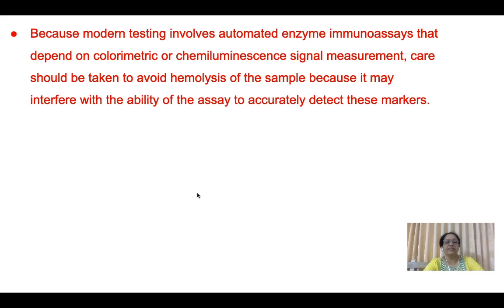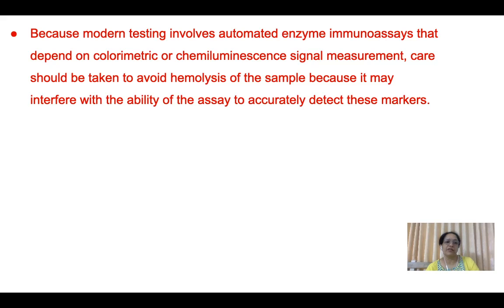As modern testing involves automated enzyme immunoassays, there is a need for good quality blood samples, that is, not hemolyzed ones, as there are colorimetric or chemiluminescence signal measurement techniques. Care should be taken to avoid hemolysis of the samples because it may interfere with the ability of the assay to accurately detect these markers. So here sample collection is important, as well as sample storage and transportation, which play an important role in proper diagnosis